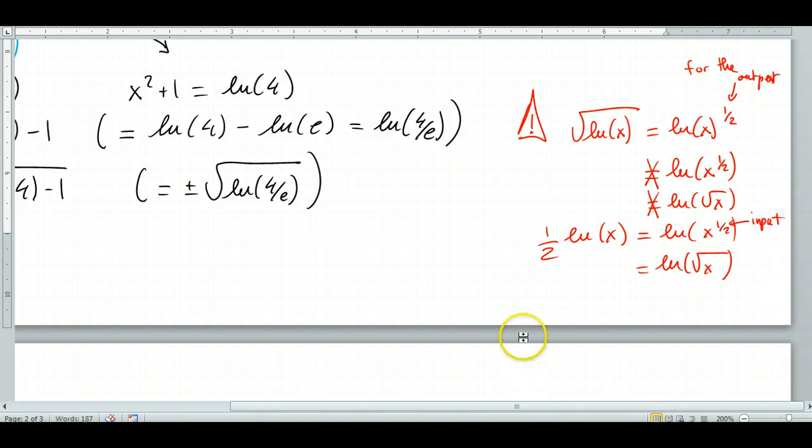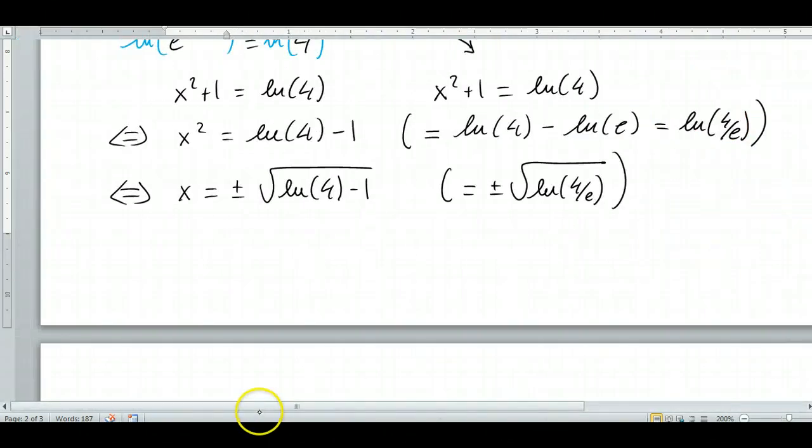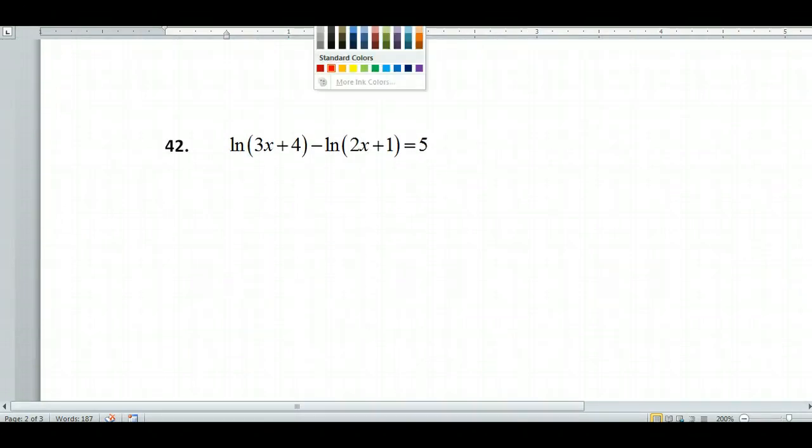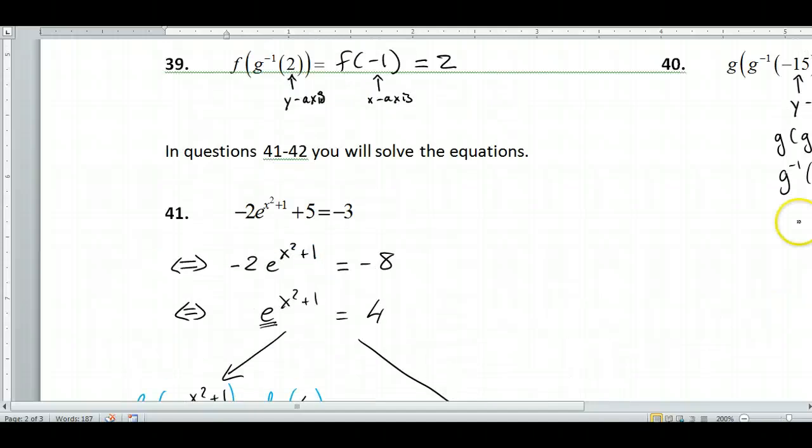Okay? Alright, I sometimes see students who bring the square root outside because they think they can apply this rule right here. Gotta be careful. Alright, let's do this one. If you look at the original equation, my variable is at